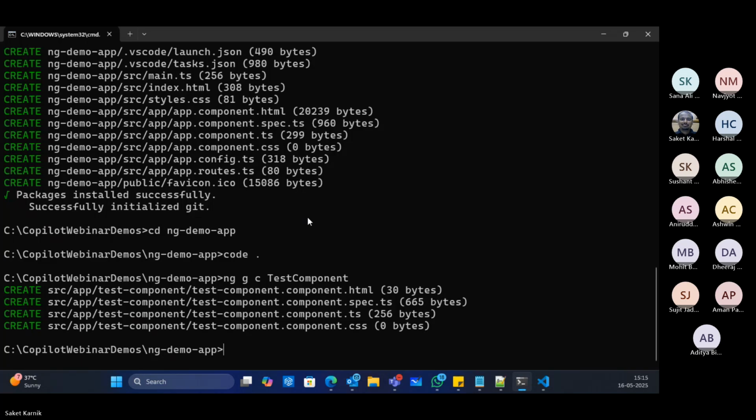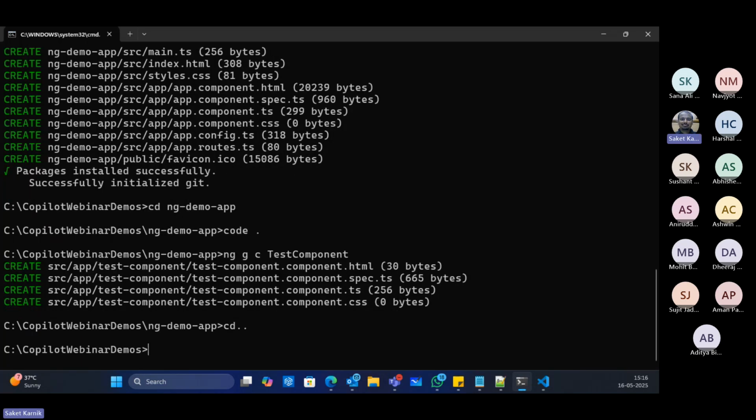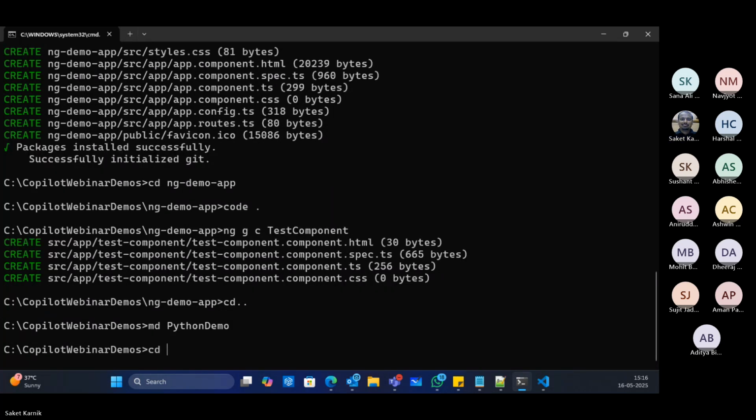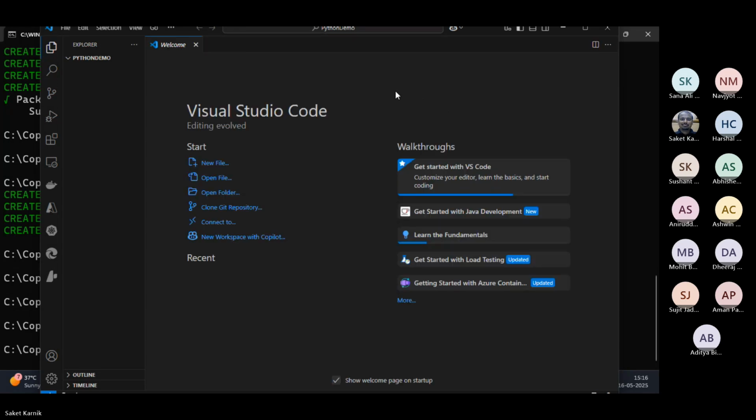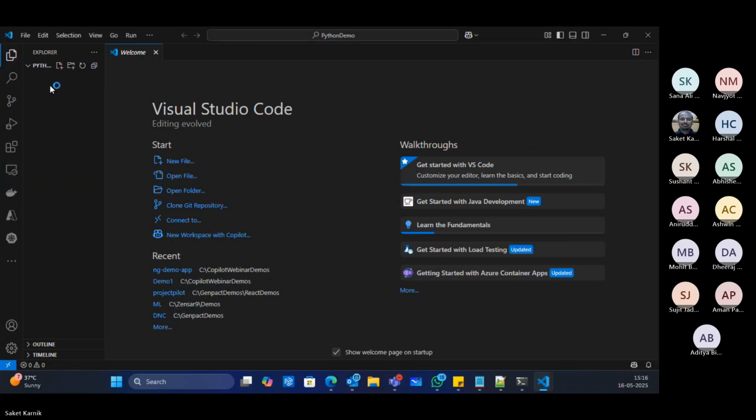So cd dot dot, make directory Python demo, cd Python demo, code space dot, which opens VS Code. And here I say create a new file. Let's say hello world dot py.